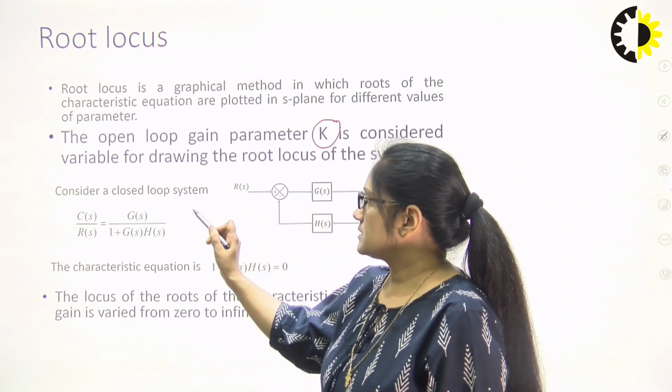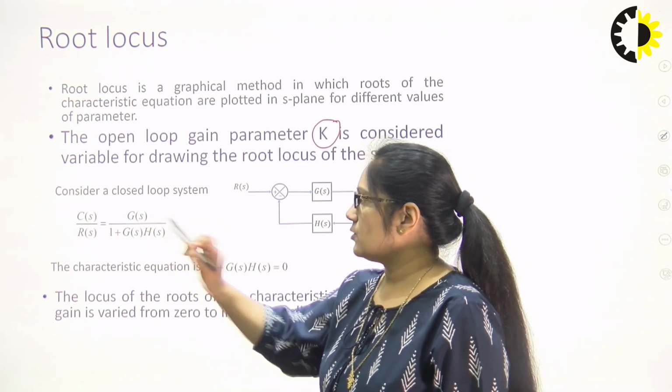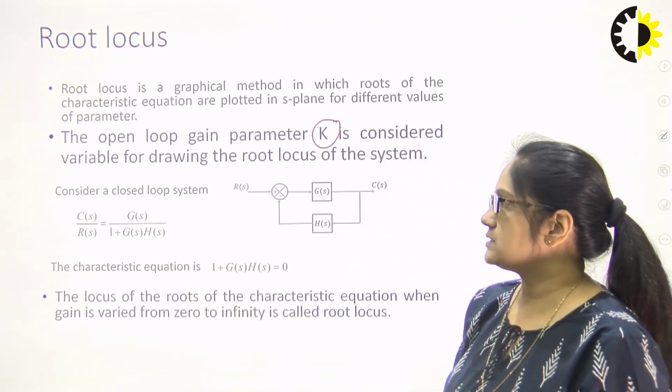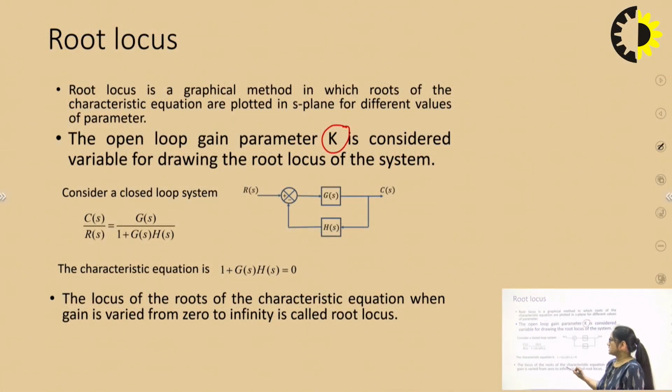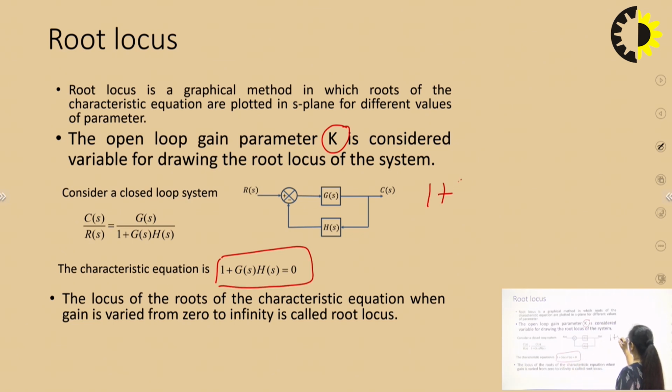The closed loop system is C(s)/R(s), which is G(s)/(1 + G(s)H(s)). The characteristic equation here is 1 + G(s)H(s) equal to 0. We are going to equate the characteristic equation to 0. So the locus of the roots of the characteristic equation when gain is varied from 0 to infinity is called